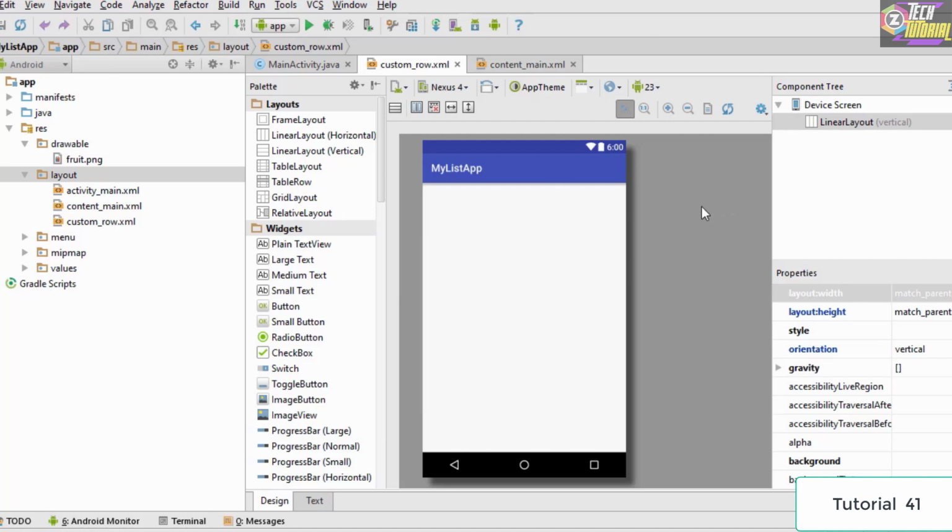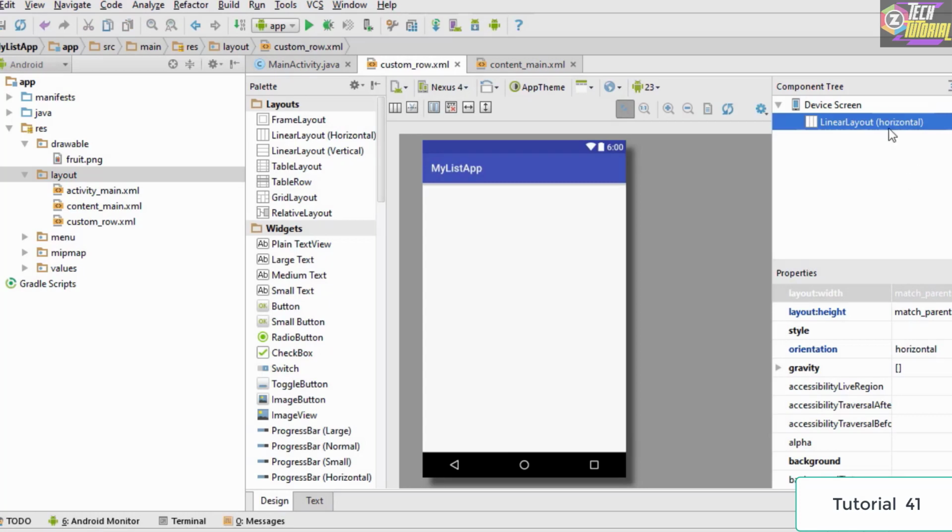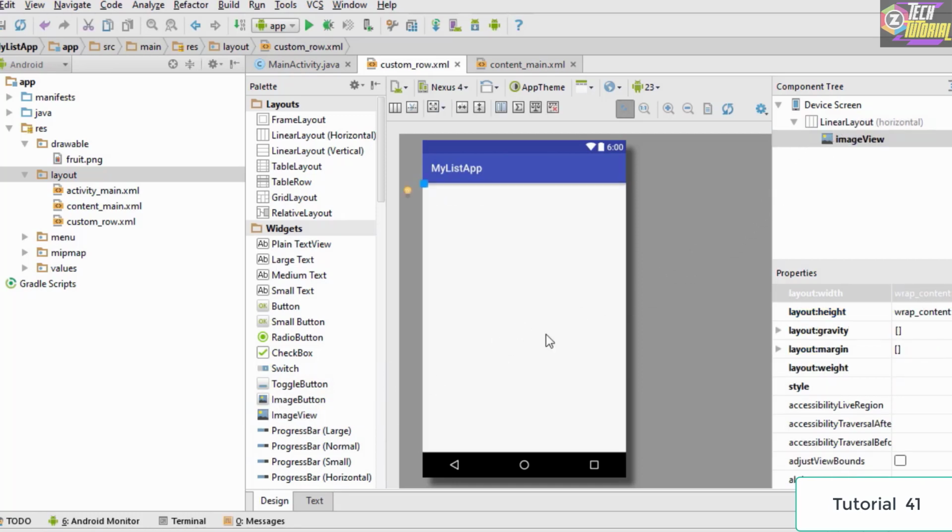So now the next thing which you'll need to do is that you need to check out the layout type of this. So this is vertical and we actually want the horizontal layout, so we switch on to the XML code and we change this orientation to horizontal. So once this is done, when we switch back here, as you could see, the orientation is now changed to horizontal. So now once this is set up, the next thing which we need to do is that we need to take this image view right here, we need to drag it and we need to drop it on the linear layout, and as you could see, the image has been added.